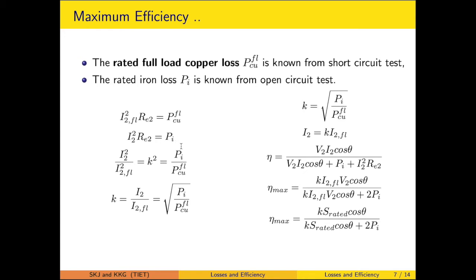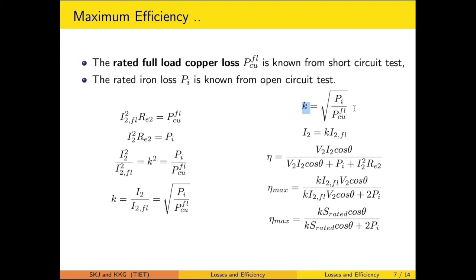We have already suggested that the copper loss has to be equal to the iron loss for the maximum efficiency. So when we divide this equation by the first equation, it results like this. So the K, which is a percentage of the loading level, is expressed likewise. This percentage loading level at which the maximum efficiency results comes out to be the square root of